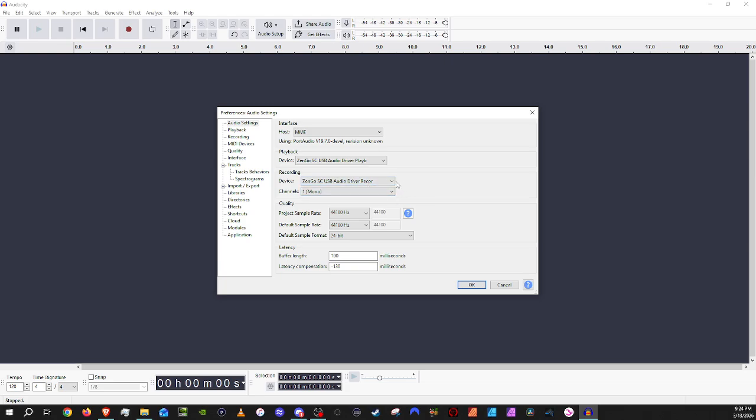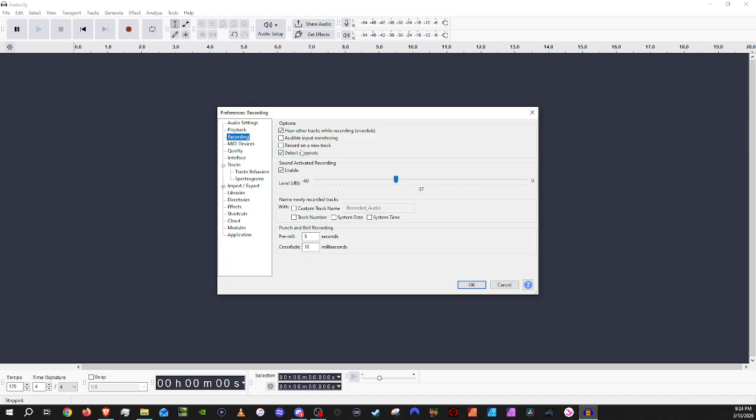Again, sorry if I'm over explaining this, but it is important. I just set it to 24-bit because that's high quality without it being excessively large like 32-bit would. Same with sample rate. You don't need anything above 44.1 kilohertz. Anyway, now that that's all set, again, set this applicably to your situation, whatever your device is. You want to make sure that's set in both of these here, and a mono channel. Before hitting OK,